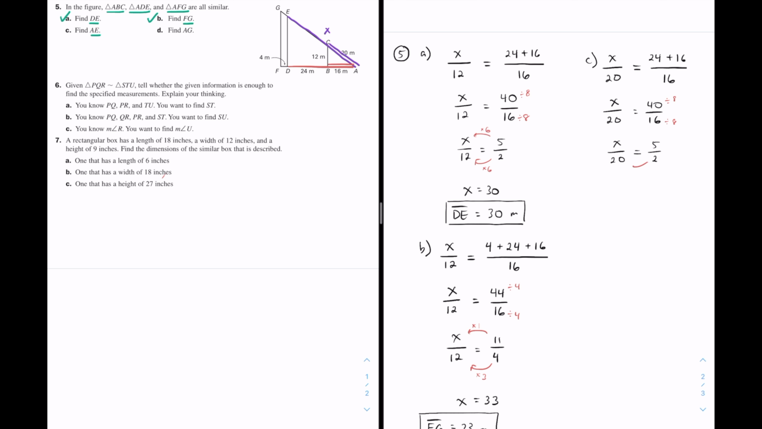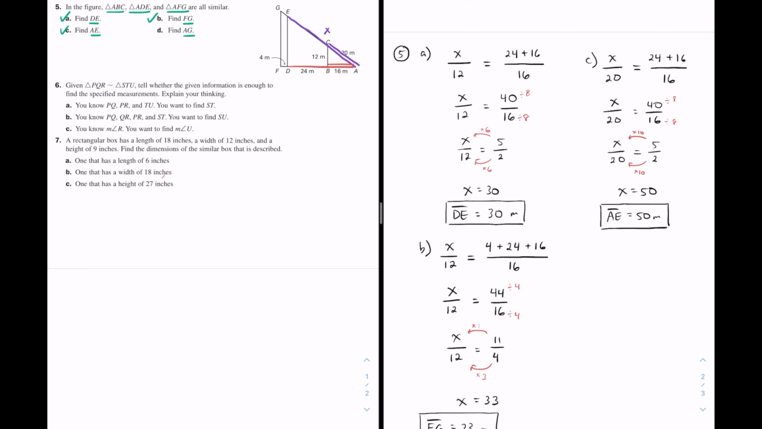And then 2 times, whoopsies, this 2 times 10 would be 20, so 5 times 10 would be 50. So x here would be equal to 50, and in this case, x was the length of AE, right? So we can say segment AE is equal to 50 meters. Perfect. Alrighty, now that C is done, let's take a look at this last one for number 5, which is